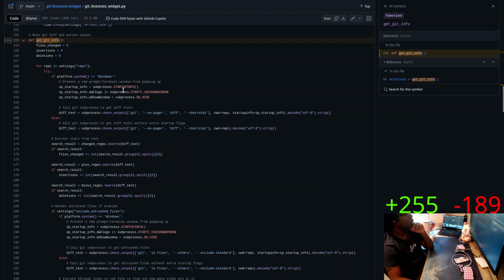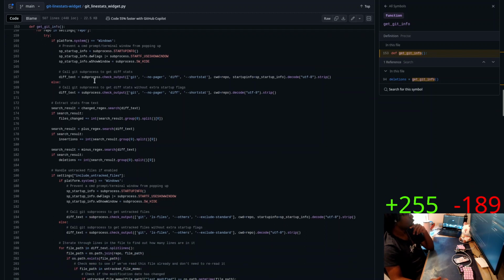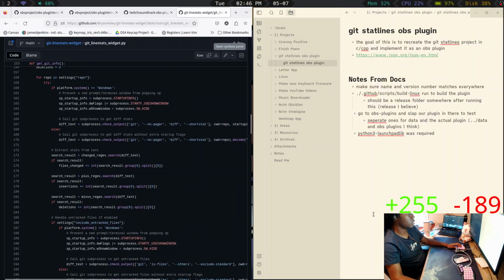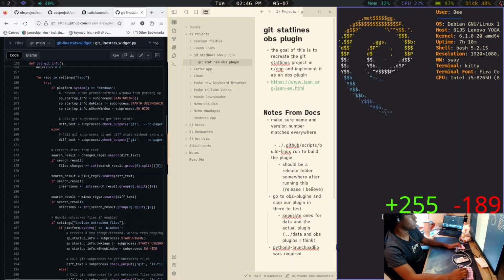Start up a subprocess. Check output. What? There's a short that? I didn't know that.